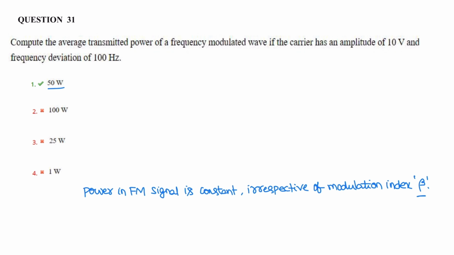Compute the average power transmitted for a frequency modulated wave if carrier amplitude is 10 volts and frequency deviation is 100 Hz. Given a frequency modulated signal, for a frequency modulated signal, the average power in a frequency modulated signal